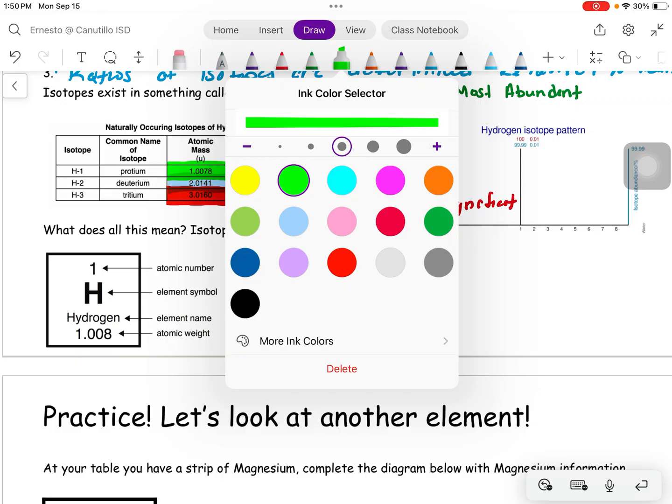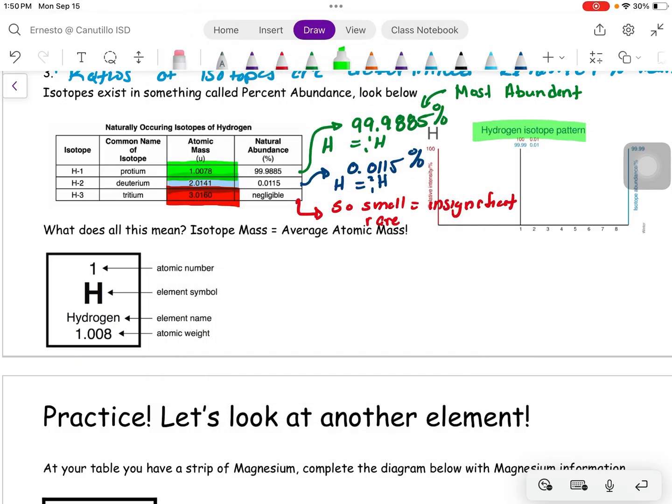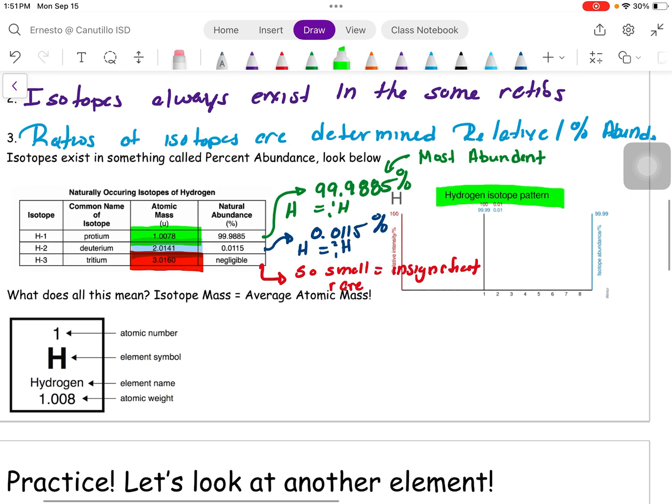What that shows us is basically a bar graph, right? The bar graph is kind of giving us an idea of how many isotopes exist within a given element, and of those isotopes, which one is the most and least abundant. Now, in this situation, what we see here is